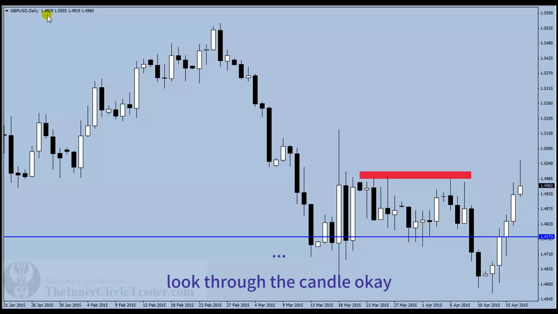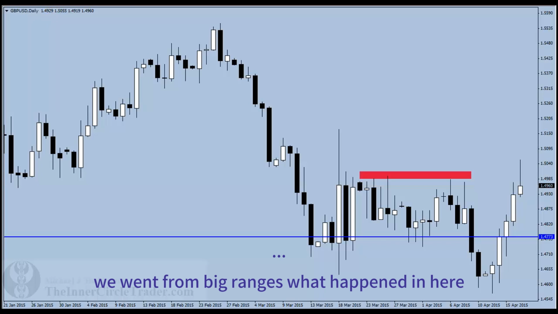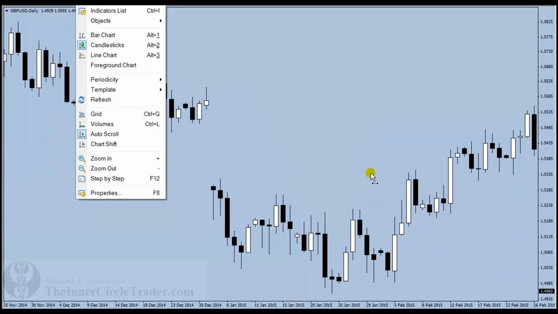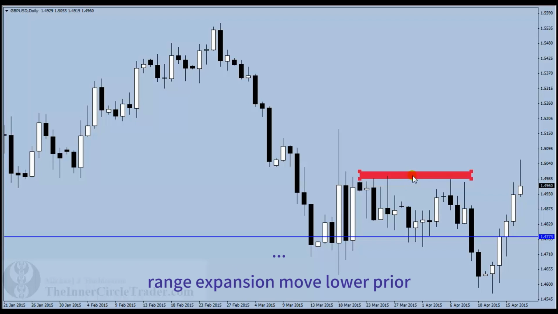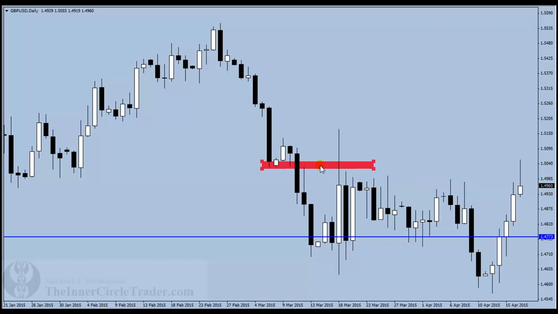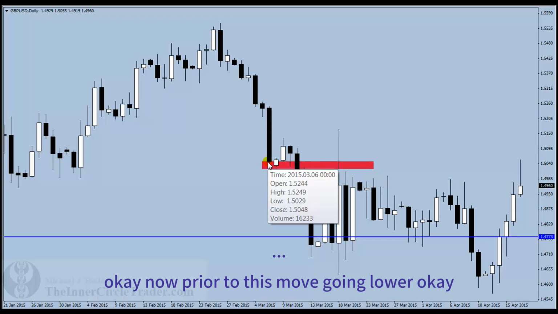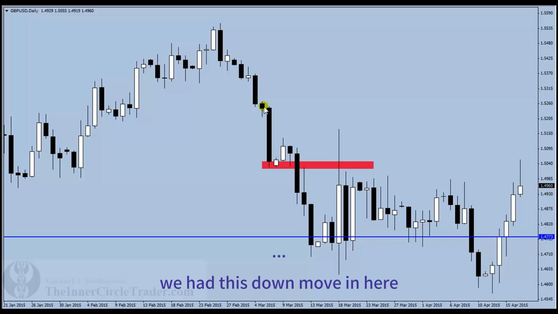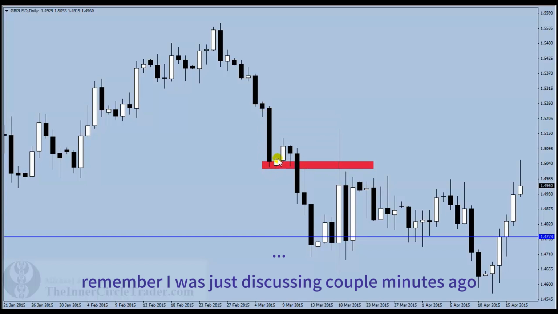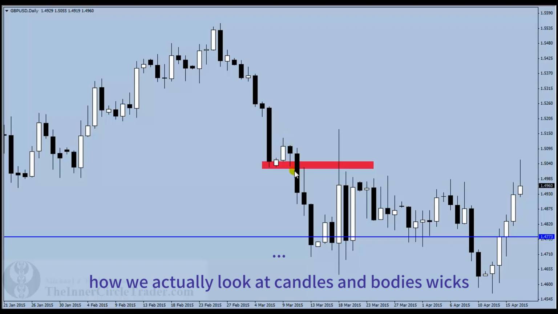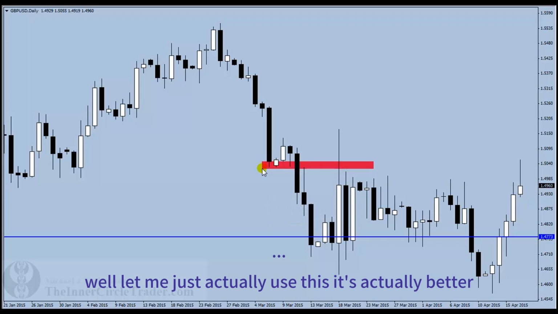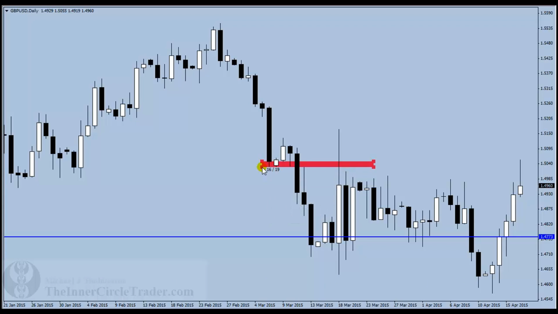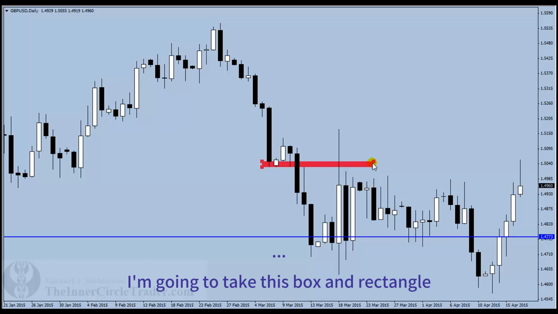Okay, now watch. Remember I was just discussing a couple minutes ago how we actually look at candles and bodies and wicks? This is what you would view. Well, let me just actually use this. This is actually better. I'm going to take this box, a rectangle, and I'm going to put it at the bottom of the body of the down candle right in here. Because remember, prior to this move up, it's the down candle that creates the buyers, and they come in the marketplace and it rallies up. If it fails and goes through it, it's the wick to the base of the candle that's down. In other words, we're doing this right there. See that? Now, if you extend that,